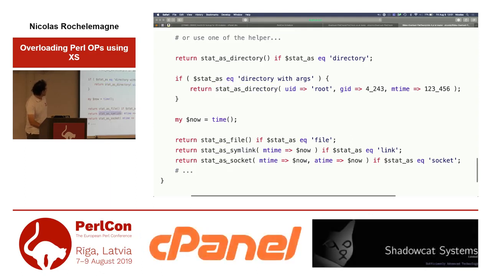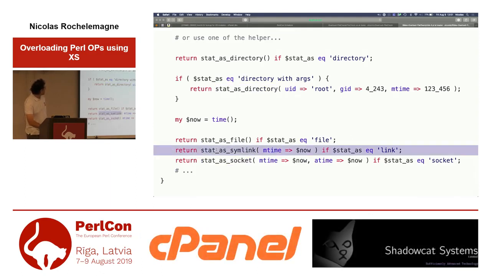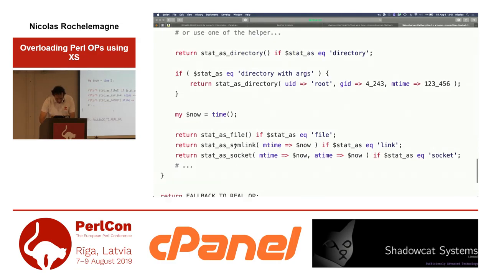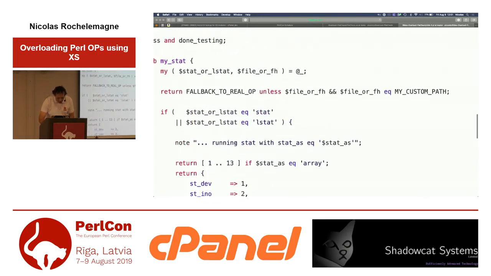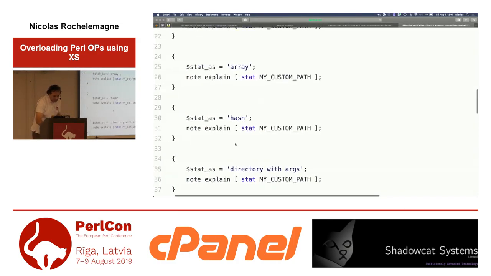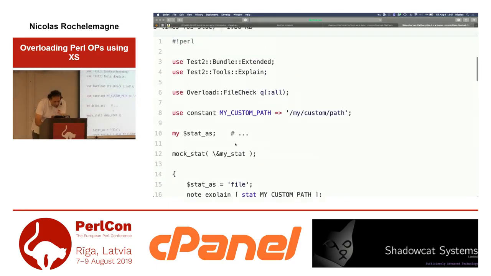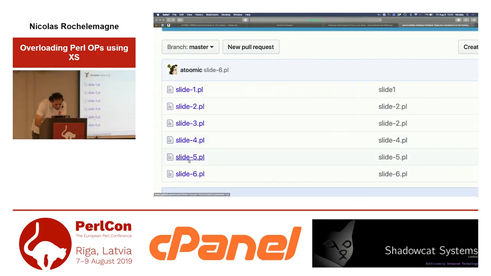And you can say stat as a socket, stat as a symlink, stat with some optional argument. By default, it will be 0, except the flag to set the file type. Okay, and if you mock this there as a stat, you will be able to get all the